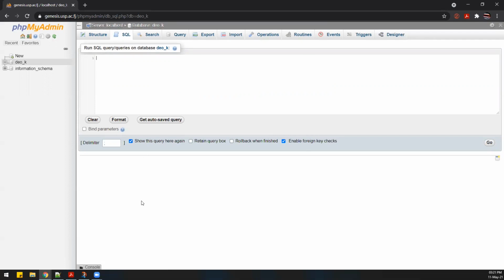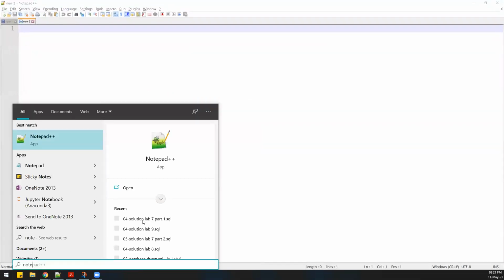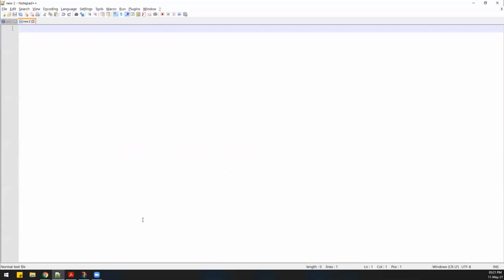Now, at the end of the lab, you will need to submit all the queries into the Dropbox. So what you can do is you can create a notepad file. Right? You can use Notepad or Notepad++. I have Notepad++, so I'll be using this one. So you will write the comment first.